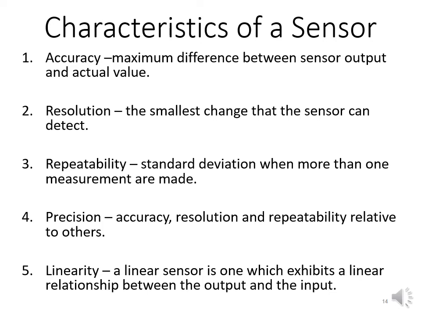We have got accuracy, which is the maximum difference between sensor output and actual value. Resolution, the smallest change that the sensor can detect. So the smallest change that you want to detect in the application will determine the minimum resolution you require for the sensor. Repeatability, you have got precision, you have got linearity,